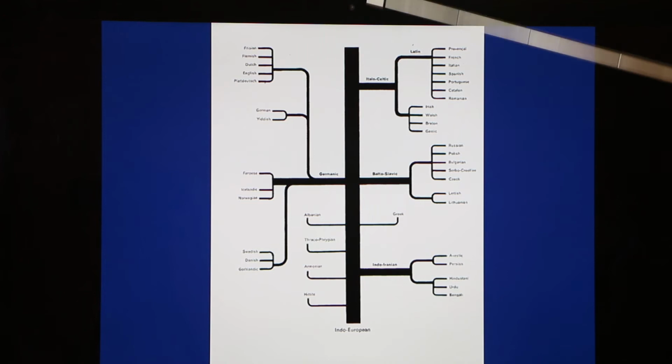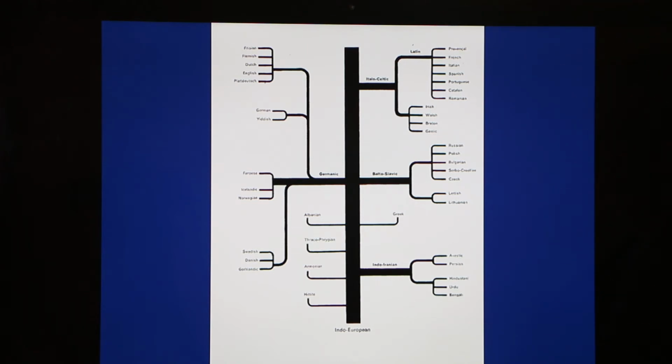And then the way in which Indo-European is described varies enormously as well. So here you have a version where we start with Indo-European, then we get Hittite, Armenian, Indo-Iranian, which goes to Hindustani, Urdu, and Bengali, and this one goes into Avestic and Persian, and then we get Thraco-Phrygian, Albanian, Greek, then